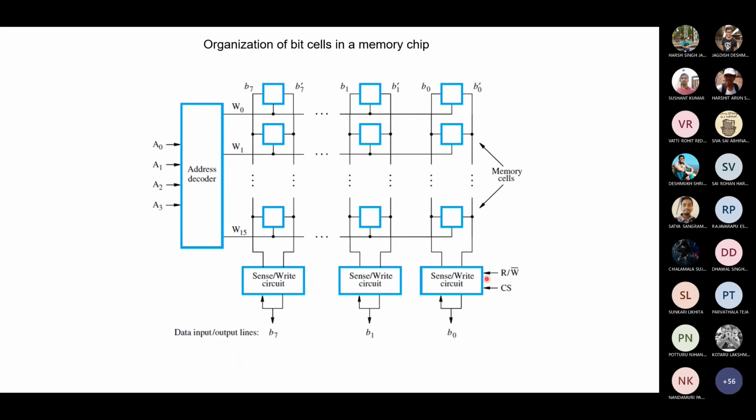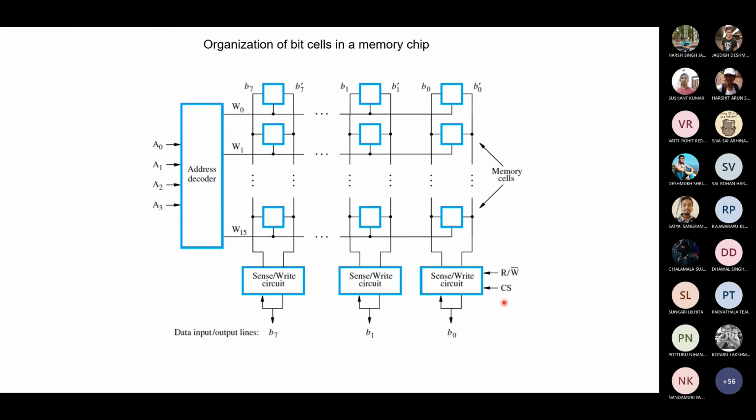And we provide the signal coming from the processor, read/write. It can be through a single line because either you will be reading or writing, not doing both simultaneously. So you can use a 1-bit control signal, read or write complement. And CS is the chip select. Why is it required? Because there are so many chips available, so it is required to designate which chip. I will come to that part.